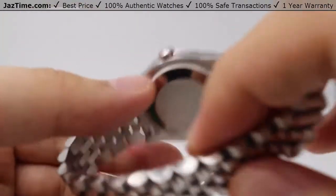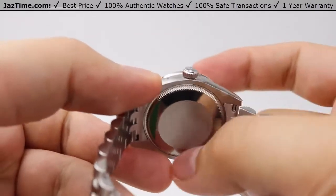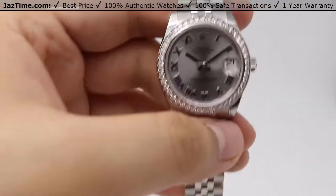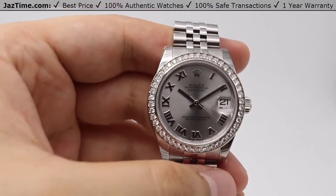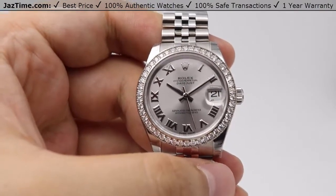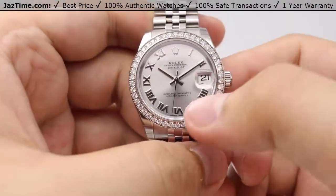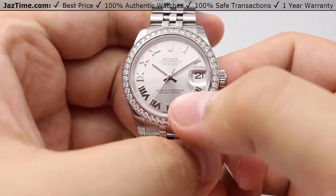Alright, so let's go ahead and move on to the movement now. So the movement is housed in this oyster case backing that has a nice bordering of a high polish on it. The movement is a very simple movement. It's Rolex's perpetual mechanical self-winding movement. It's a caliber 22-35 movement, which is an in-house made movement by Rolex with a precision of -2 +2 seconds a day, meaning it's within Swiss specs, which gives it the superlative certified chronometer at the 6 o'clock position